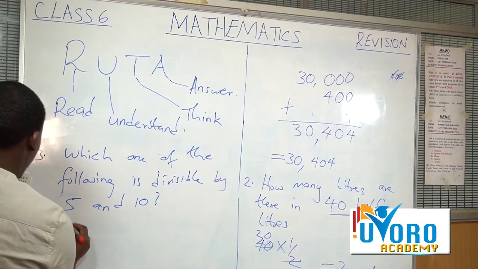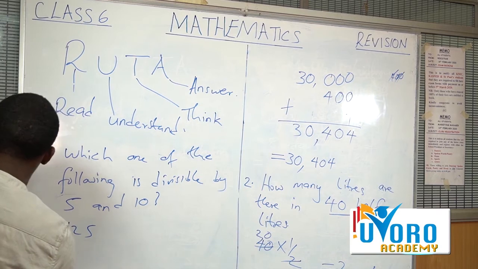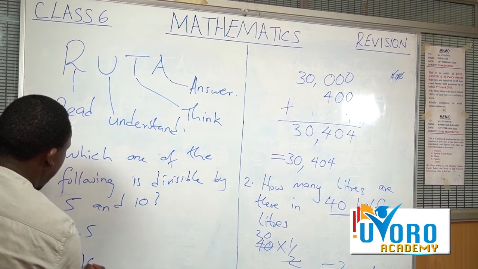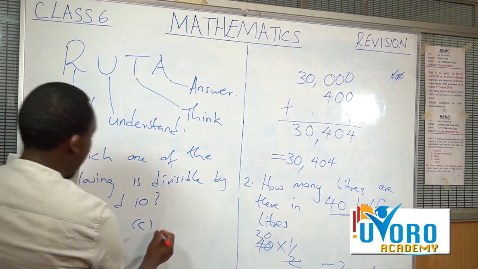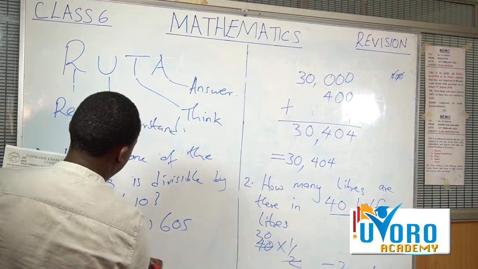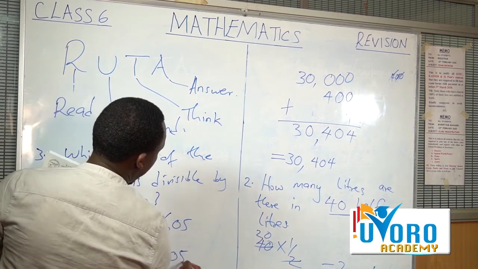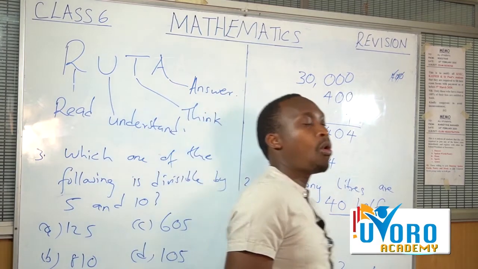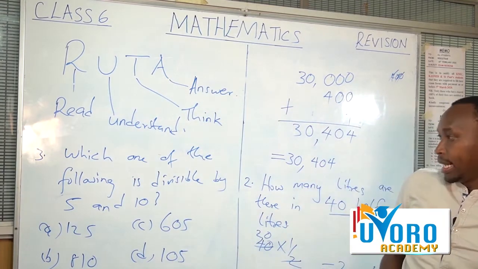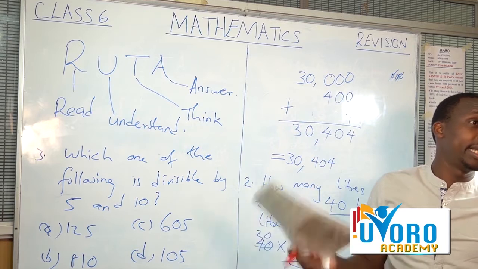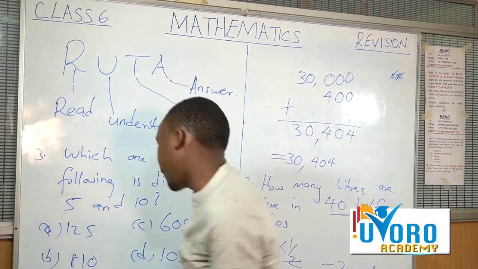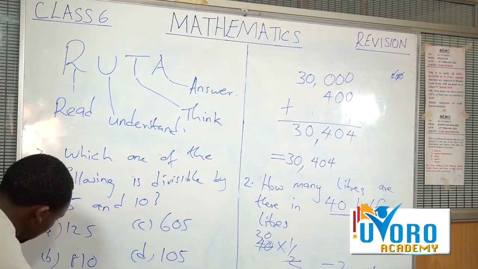A, 125, B, 810, C, 605, and D, 105. Now, our rule dictates that a number is divisible by 5, a number